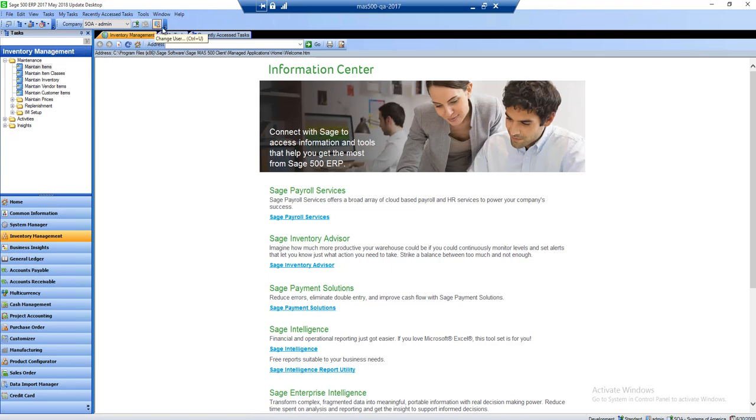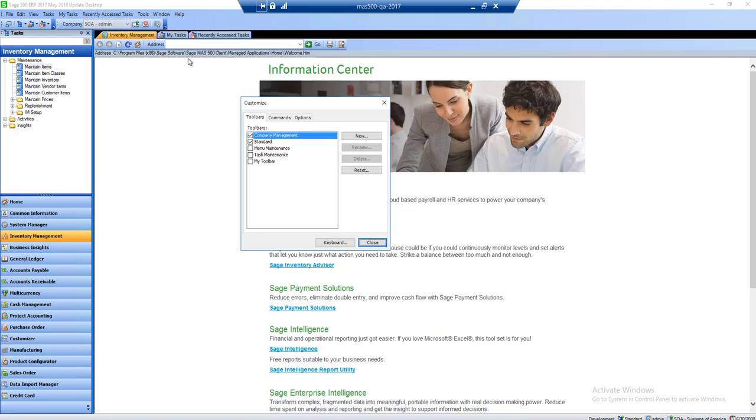So while we're still in the unlocked mode of the desktop, let's go ahead and take a look at another feature that you can customize, and that is the customized toolbars. Unfortunately, you can't change any of the standard toolbars, like the company management, the standard, the menu maintenance, or the task maintenance. But if you want to create a new toolbar, or if you want to add to My Toolbar,